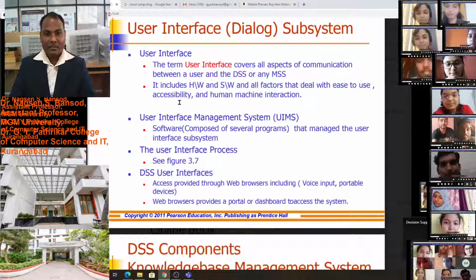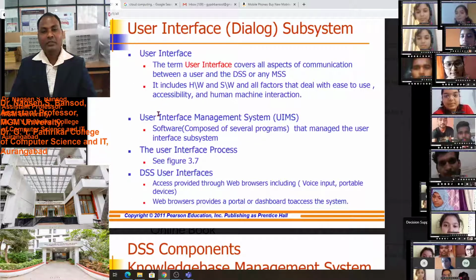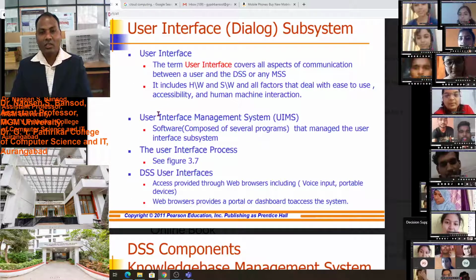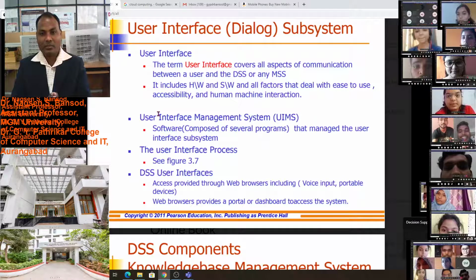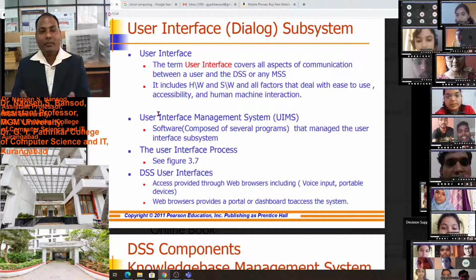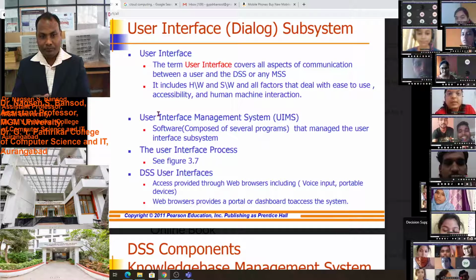User interface. The term user interface covers all aspects of communication between the user and the decision support system, or any management support system.